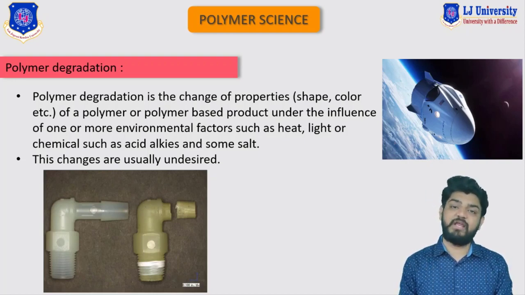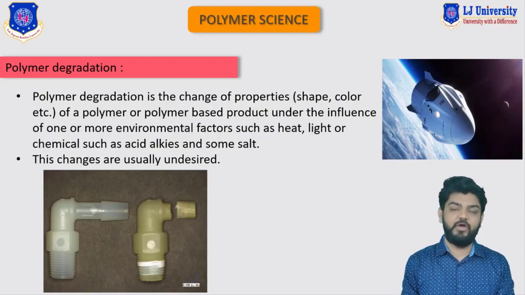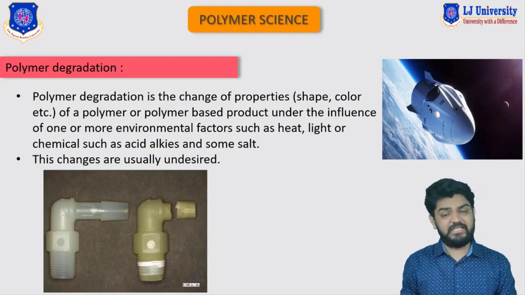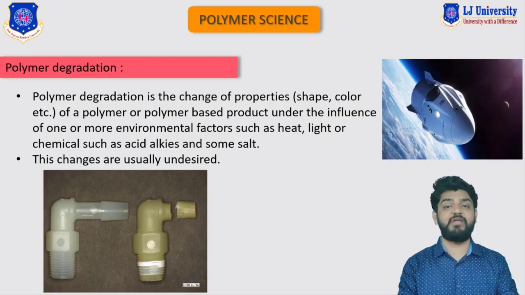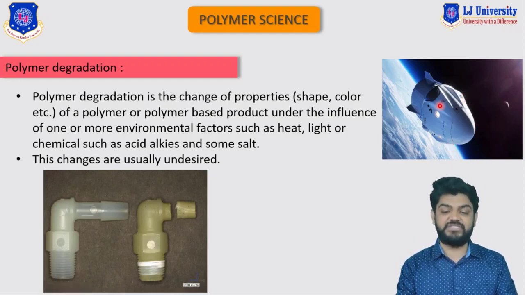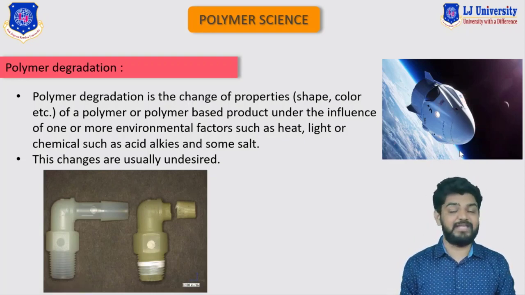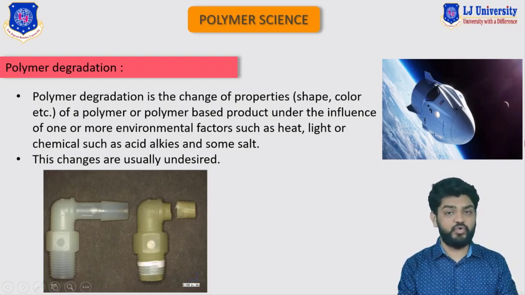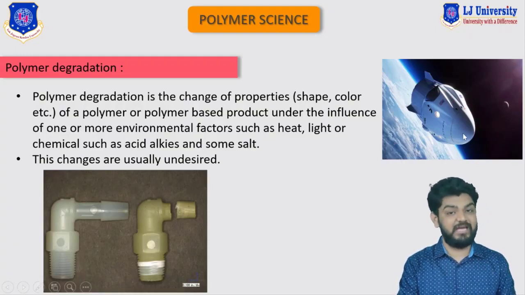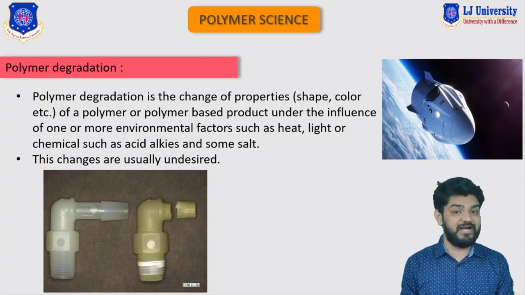So when this space shuttle comes back into the Earth's atmosphere and faces a huge amount of heat, the polymer on the outer periphery acts as a shield, and it disintegrates, or we can say it degrades. But all in all, it will save our space shuttle. So polymer is used on the outer periphery of the space shuttle to protect it from the heat effect when it comes into the Earth's atmosphere. So this can be added as one advantage of polymers.